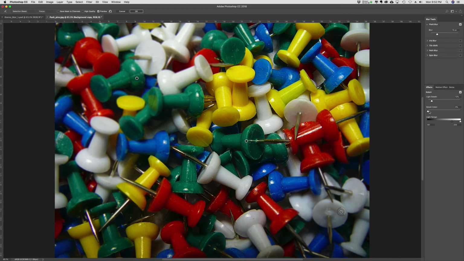Now, if I do color, you're going to see that pop up as well, and it would be more saturated. The white push pins probably aren't going to get much more saturated, but let's try to make this go a little bit more extreme. You can see how it's letting that highlight come through more. And then the other thing I can do is make it so it's not quite the very top part of the highlight, but I can have it affect this area right here,